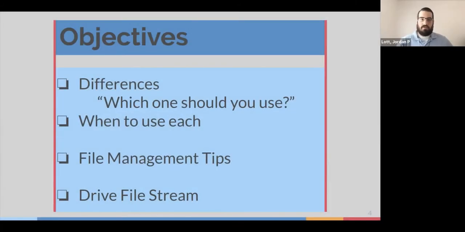And so our objectives for today are going to be talking about the differences of My Drive versus shared drive. Which one should you be using? Which is the best case scenario based on your specific needs? We'll talk about when to use each one. And then closer to the back of our conversation, we're also going to be talking about some file management